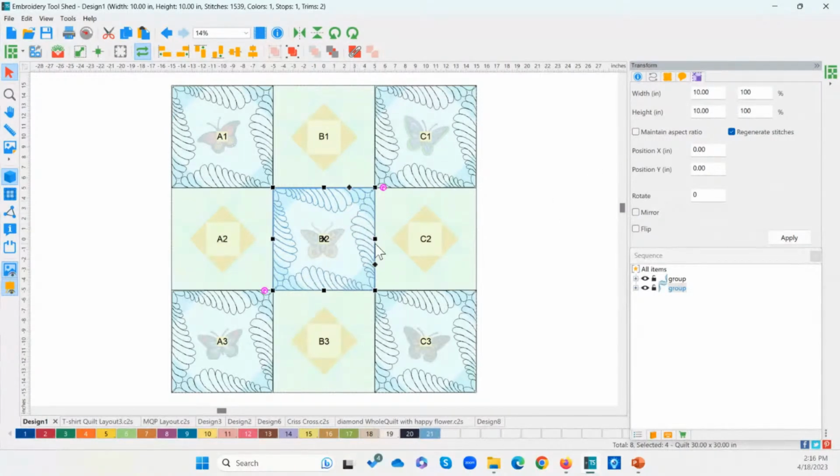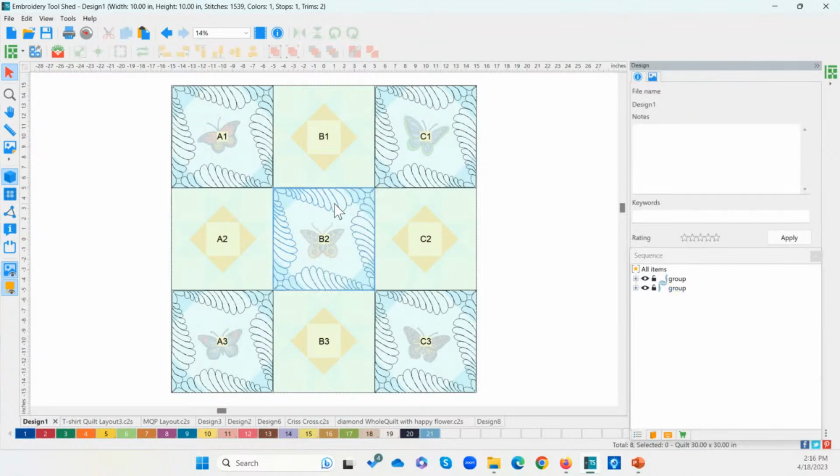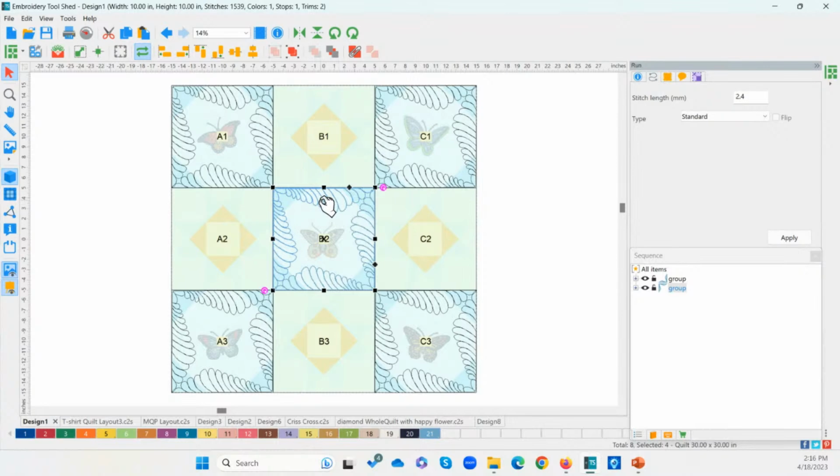So that design, I have both parts selected and it is a 10 by 10 design. If you don't have a hoop that's a 10 by 10, then you could select these designs separately. If you leave them ungrouped, they will actually export as a separate file.